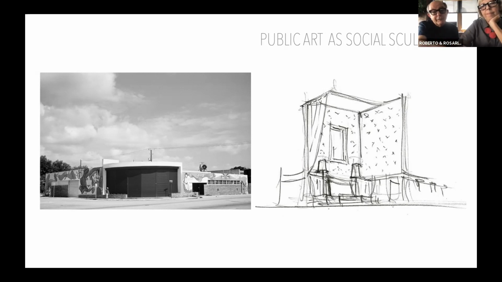On the left, you have a warehouse, a bunker-like warehouse, very much enclosed. Rosario and I met with the developer in the design district of Miami, and he told us, Rosario, Roberto, I want you to do whatever you want. You have this building, I want you to do something extraordinary. We had done smaller projects for him, and he had seen the M.